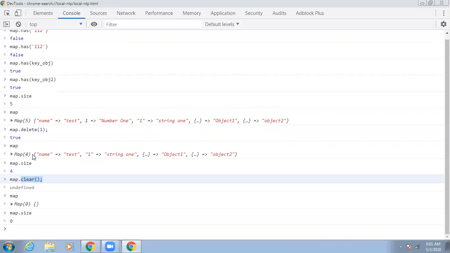Clear is a method which removes all the elements existing in this map. Okay, so this is how it works, and we'll see how to iterate over this, like arrays and objects. How do we use loop concepts in maps? We'll see that.